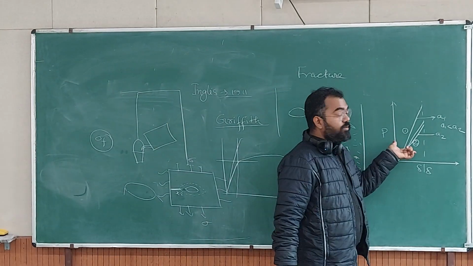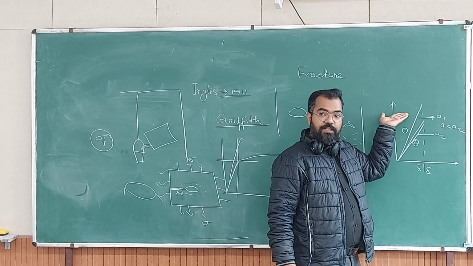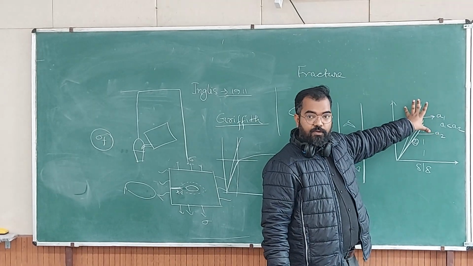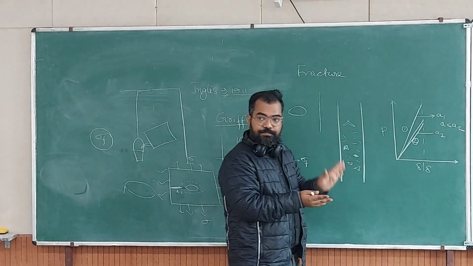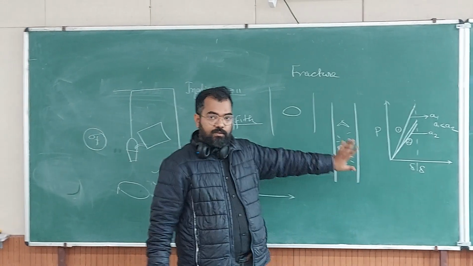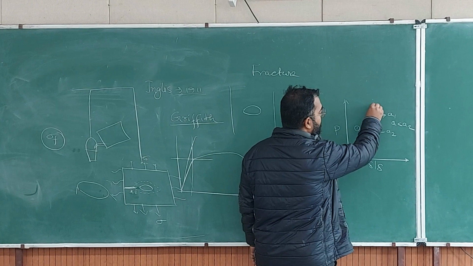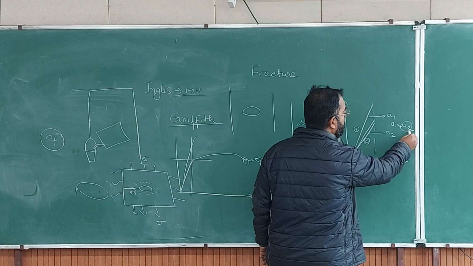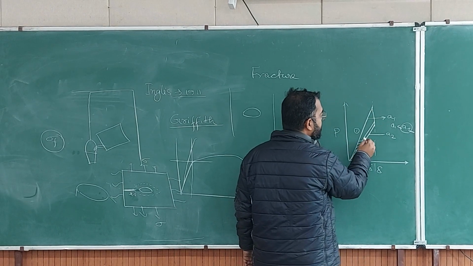So here there are two different specimens, but now assume that the first one is changing into the second one, and this is an exaggerated view. Okay, for 2 millimeter of crack extension, the two curves will not be that distant for the same material. They will be very close, but we will not be able to see it. So this is an exaggerated view. Now this sample, let us say, grows to a crack length of A2. In order to do that, how much energy is available?